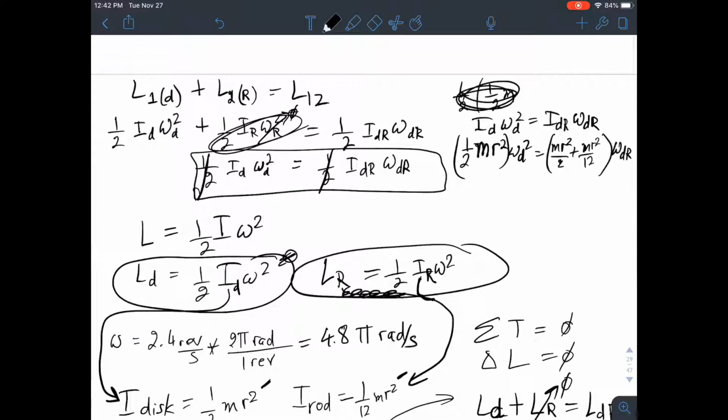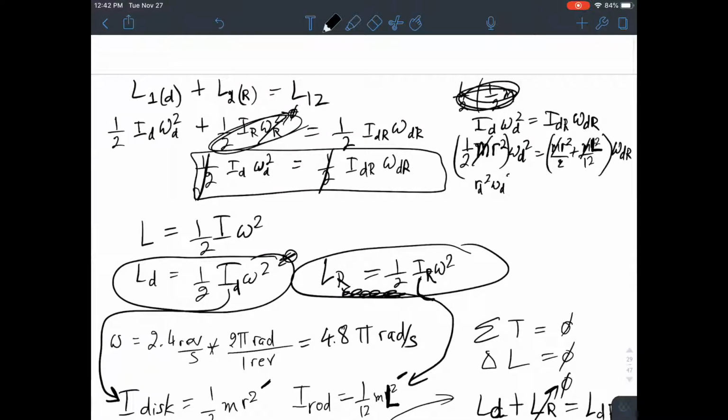Now one thing I want to call out is it's not r squared, actually it's l squared, the length, because it doesn't think of it as the radius, it thinks of the entire length, which is really the diameter. So we're going to fix this here, l squared, not mr squared, but we're going to substitute that out really quickly. So first let's get rid of m from all sides of the equations, right? Gone. So I'm left with r squared,